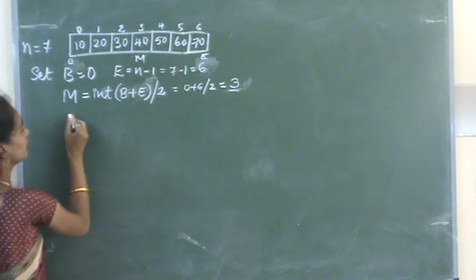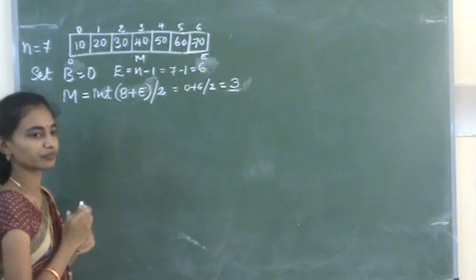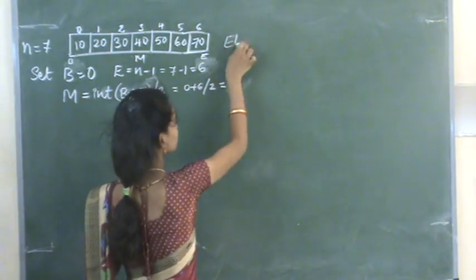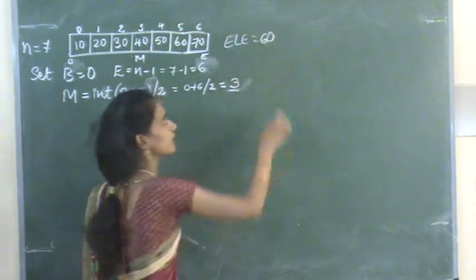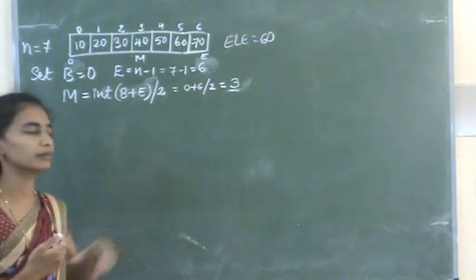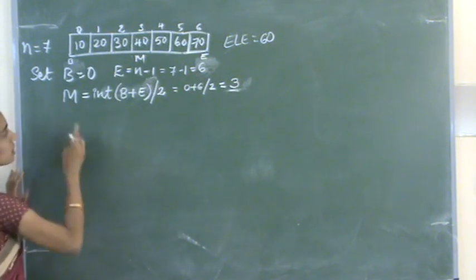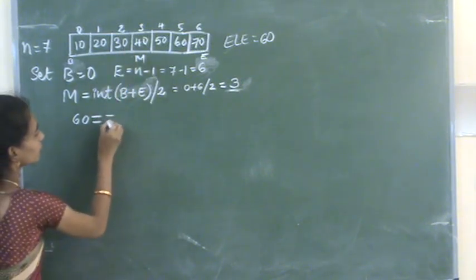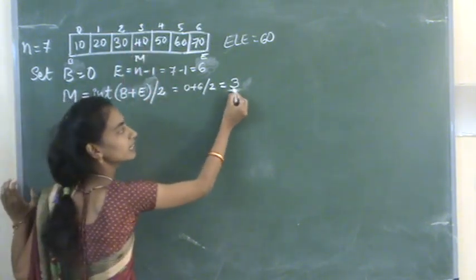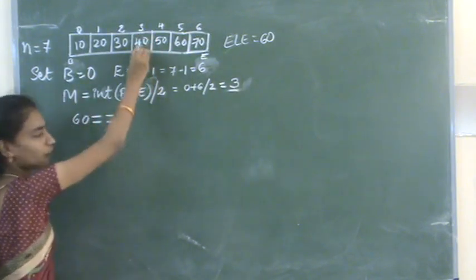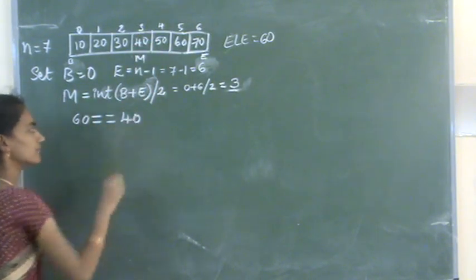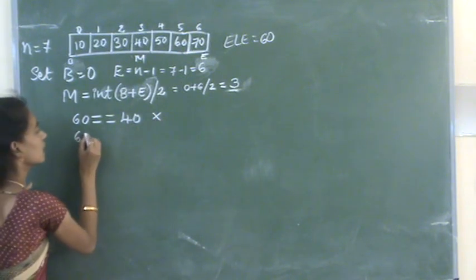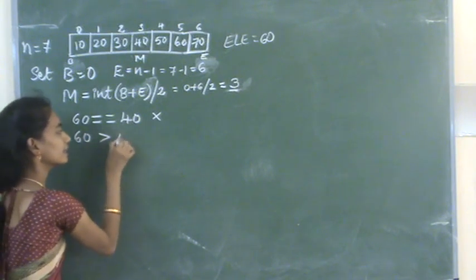Now here we are checking the condition. Suppose I am searching for an element, so take the search element as 60. So now I am searching for the element 60. This 60 will be checked against the mid element. What is the value of mid? 3. So A of 3 is 40. Now I am checking whether 60 is equal to 40. No. Now I am checking whether 60 is greater than 40.